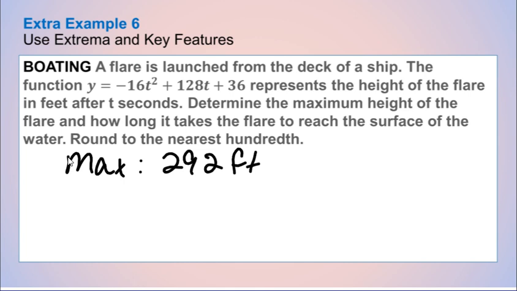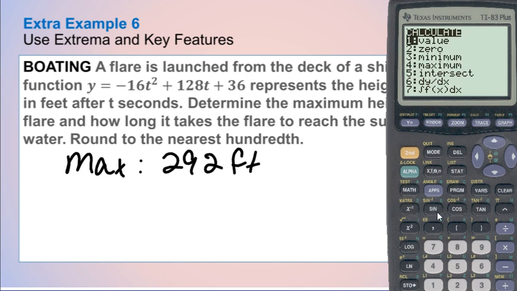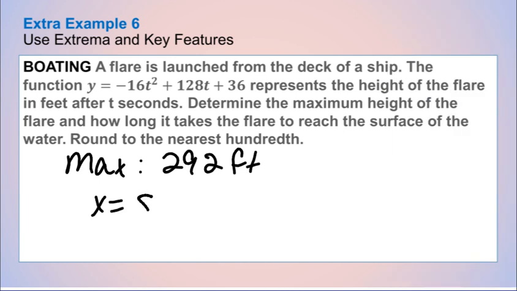And then how long did it take to reach the ground? So now I go to second trace. I want to find the zeros, so number 2. And I need to go to the right-hand side. So above the x-axis, go below the x-axis, hit enter. And when y is 0, x is 8.27. It says to the nearest hundredth, so 2 decimal places, 8.27 seconds. That is how you can use your graphing calculator to find the maximum and the